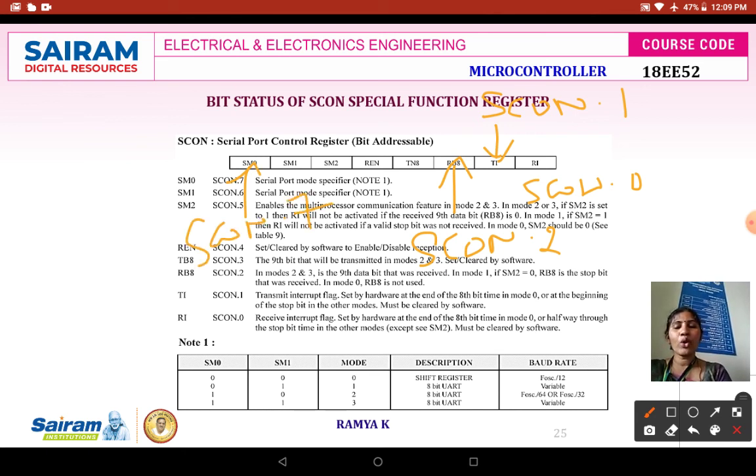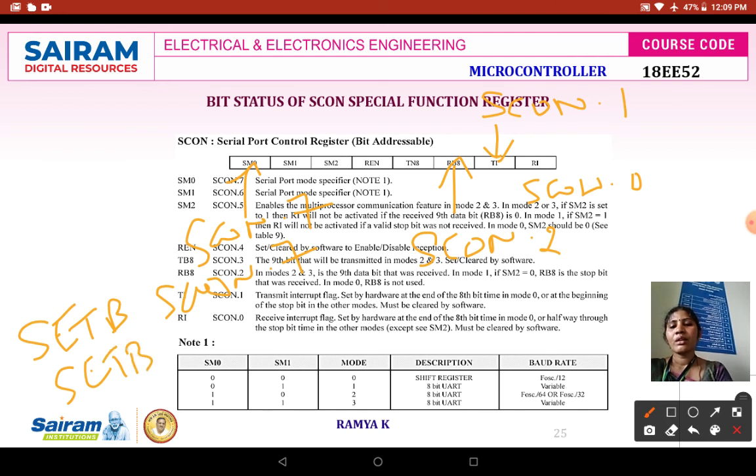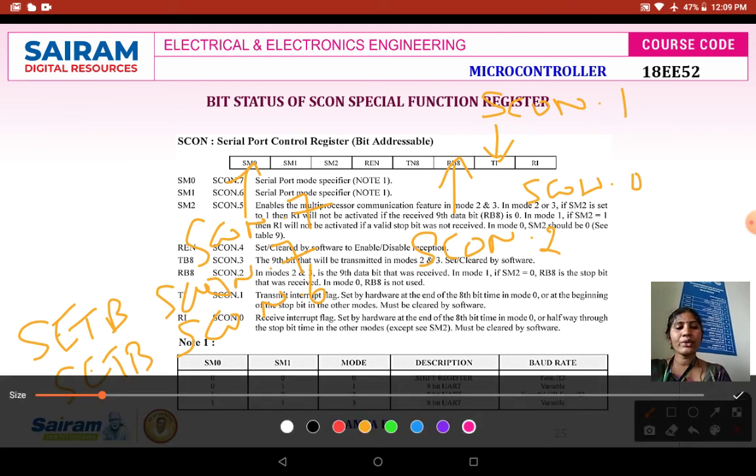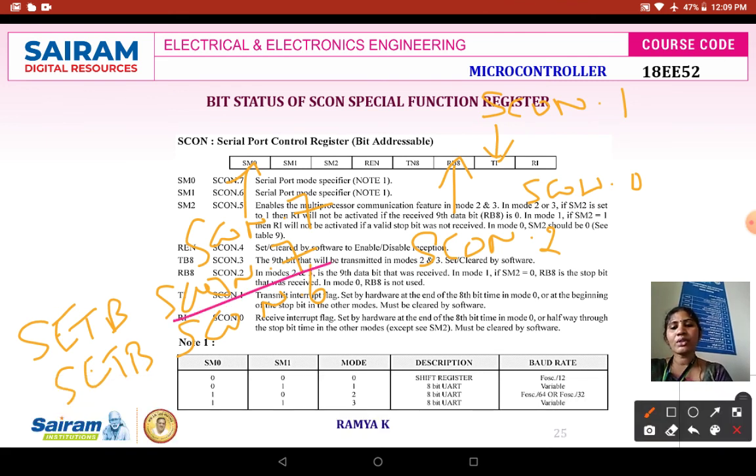Suppose I wanted to operate with mode 3, I can write SETB SCON.7 and SETB SCON.6. Set bit means you are going to set the bits SCON.7 and SCON.6. It means that SM0 and SM1 are going to be 1, 1.